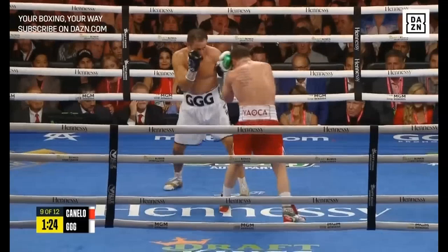Anyway, Canelo does all kinds of stupid things in his fights to take breaks. Don't let him take breaks in the fight. Don't let him try to be too cool for you, putting out his bolo hands, taking a funny look this way. Maybe he'll do something stupid like the Ali Shuffle this time, right? In honor of Manny Pacquiao. I think it's one of Canelo's favorite fighters. I know it's the Ali Shuffle, Manny Pacquiao thing, but anyway,